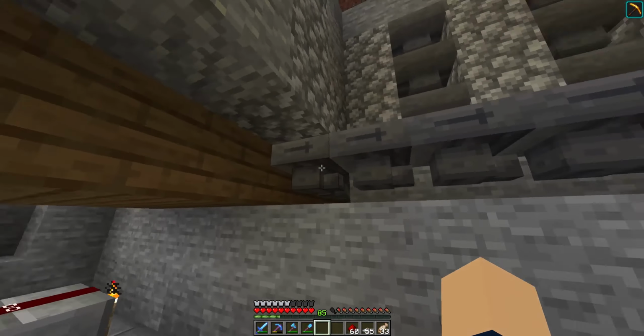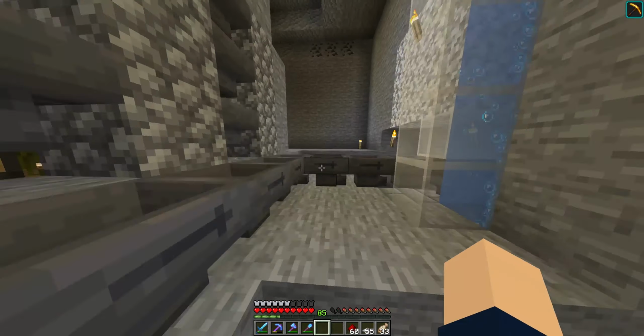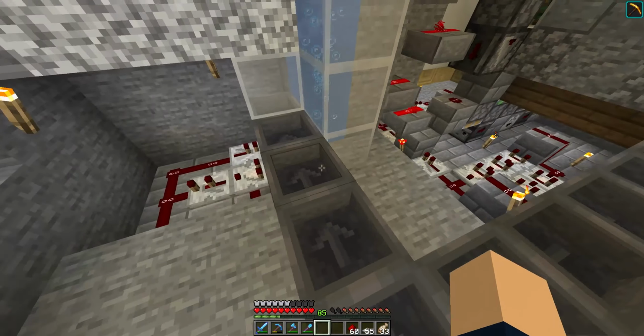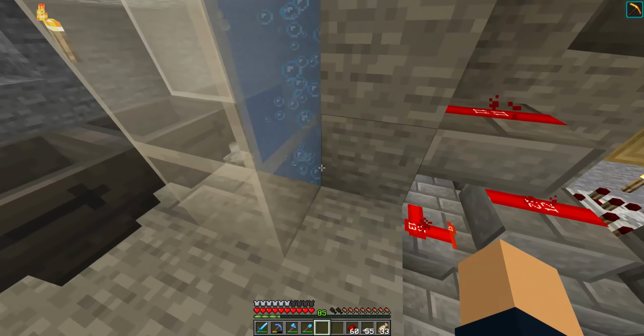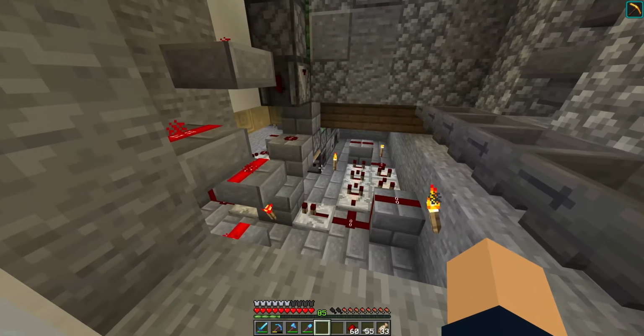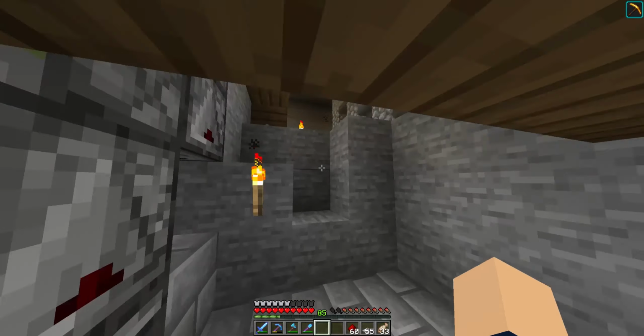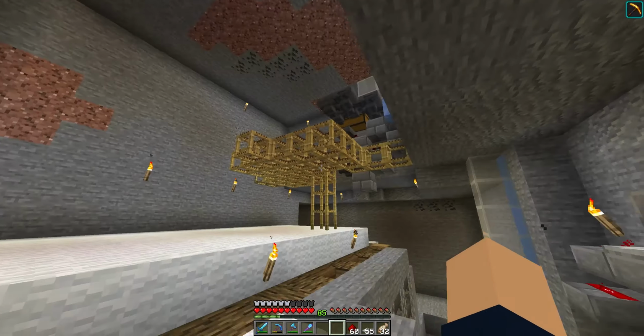So this is the hopper line which comes from the input barrel. This hopper line runs across here into this dropper, and this dropper will then shoot all of the items into this bubble elevator, which takes all of the items upwards. And up here I had to clear out some more space,